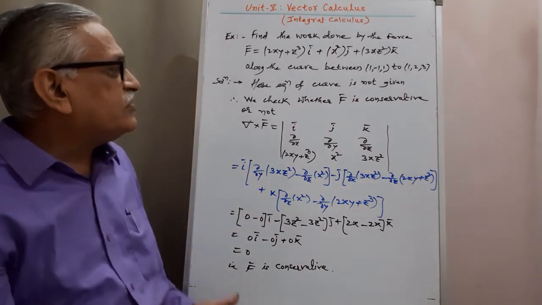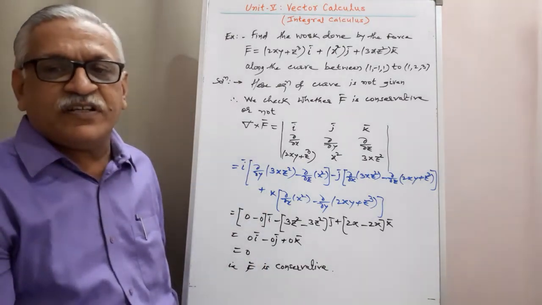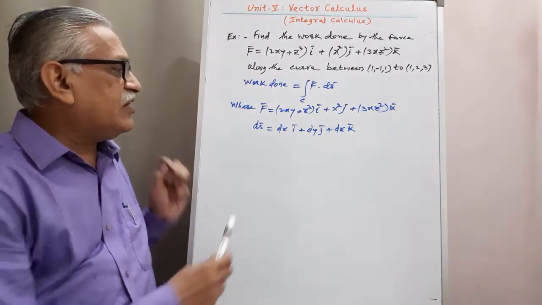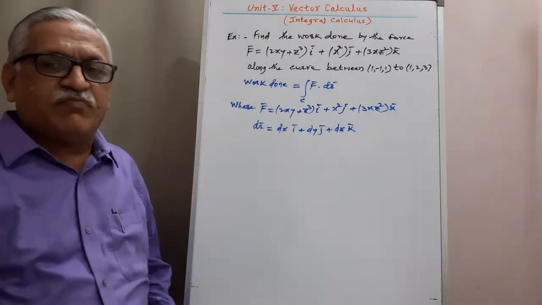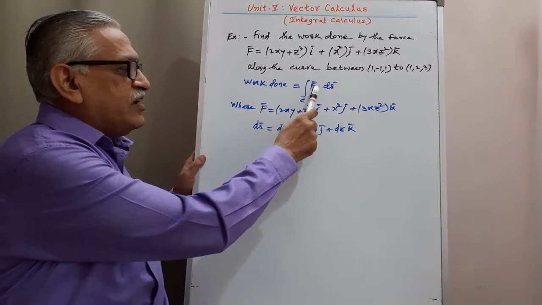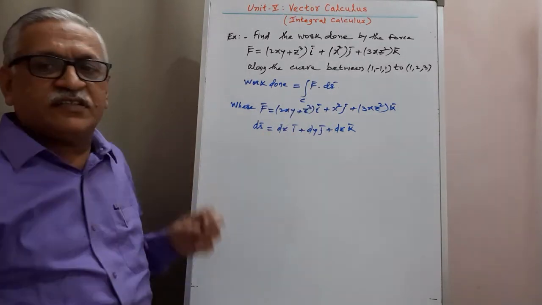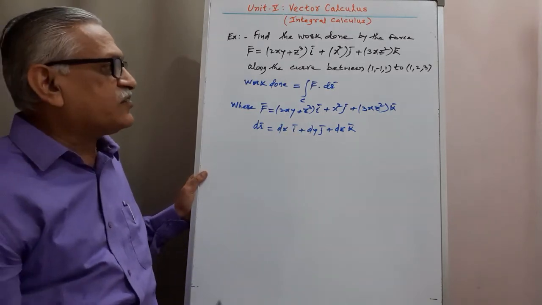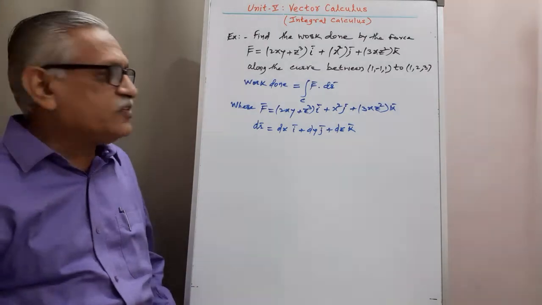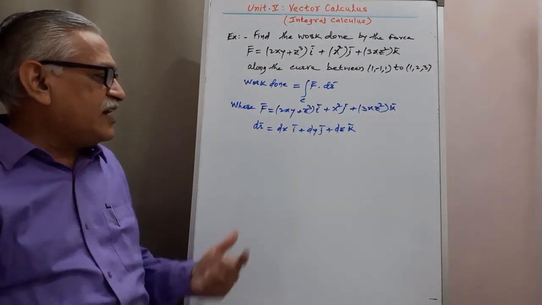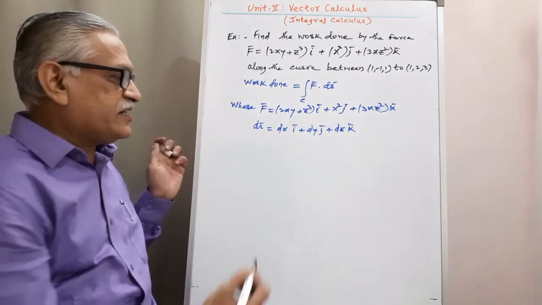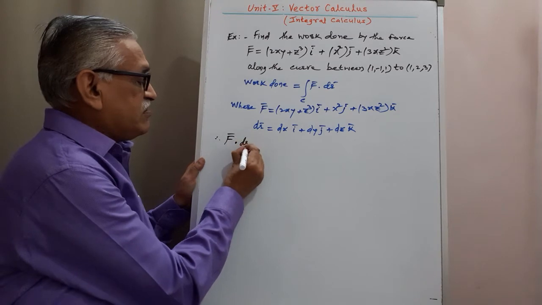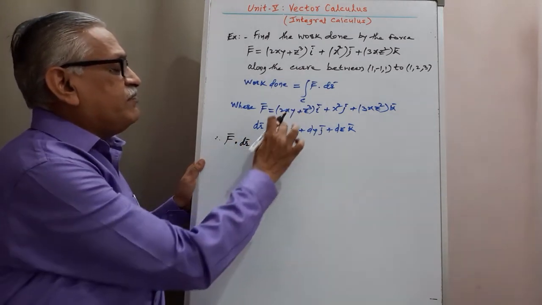And as it is conservative, next we try to find the work done as the integration of F bar dot dr. In the second part, we find the work done by evaluating the line integral of F bar dot dr bar over curve C, where F bar is (2xy plus z cube) i plus x square j plus 3xz square k, and dr bar is dx i plus dy j plus dz k. Taking the dot product of these two vector functions, we get a1 b1,